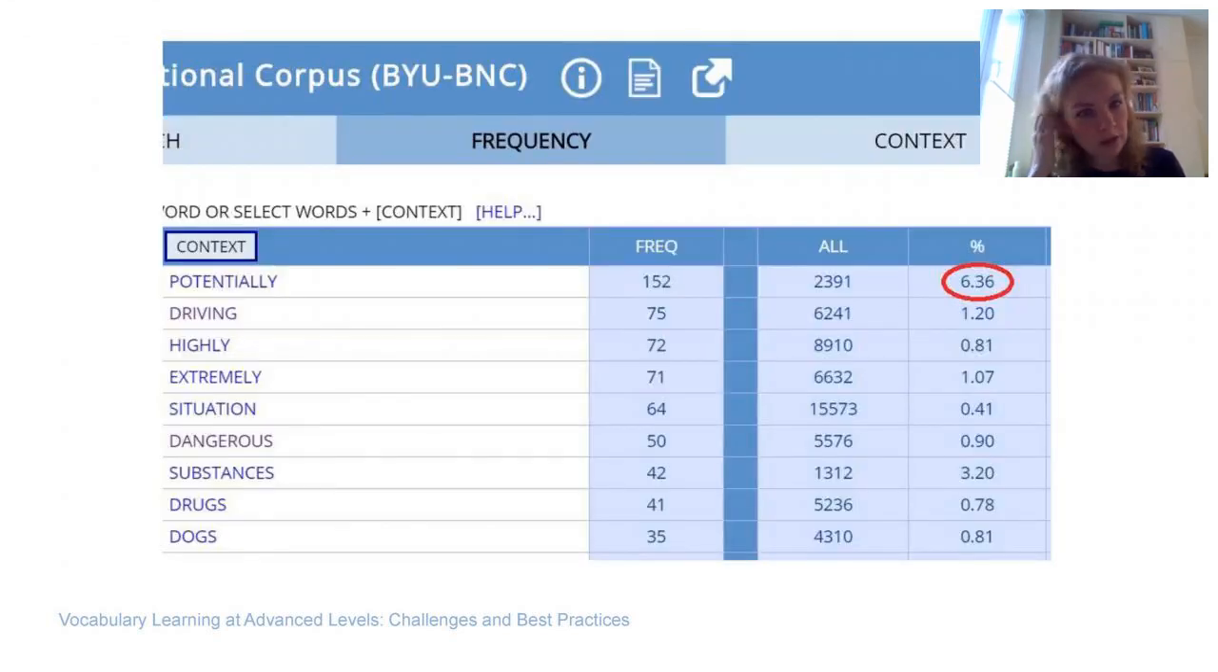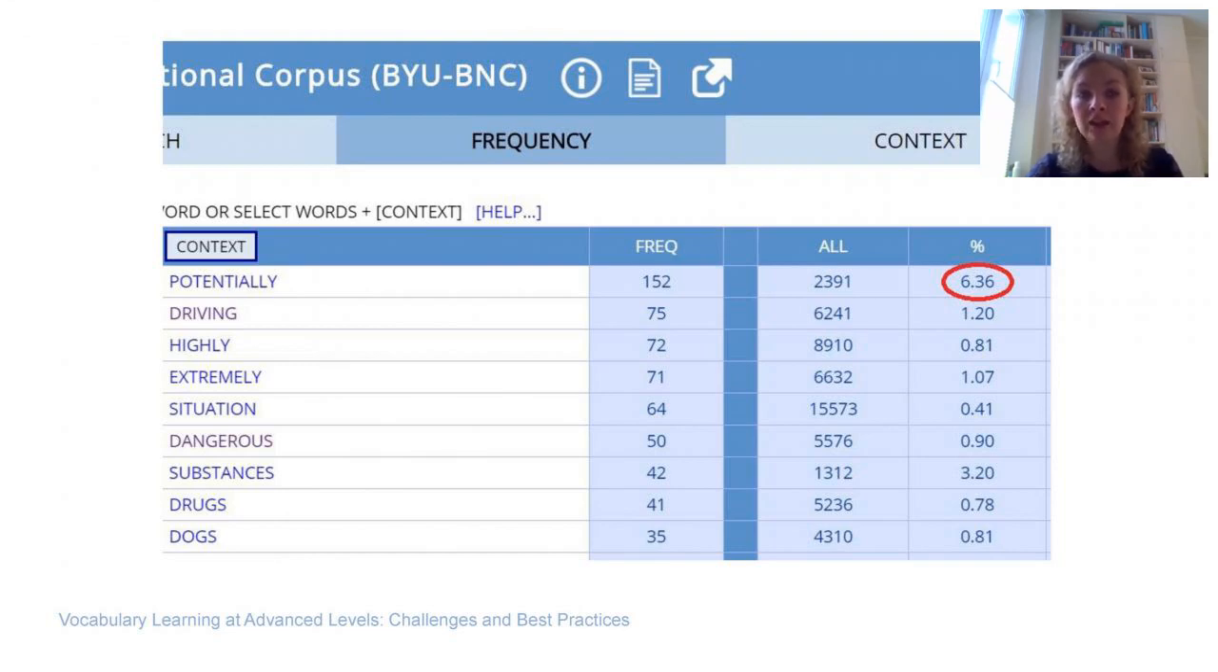And then you have the results, the frequency. On the left, there is a list of words that collocate with the word dangerous. And you also need to look at the average frequency. This is the percentage column on the right. They're not in descending order, they're in a kind of funny order. But the higher the percentage is, the more often these two words occur together. So potentially dangerous has 6.36. It's a very, very high figure,